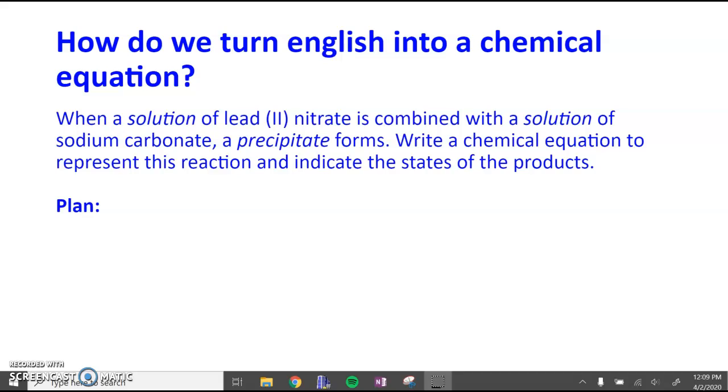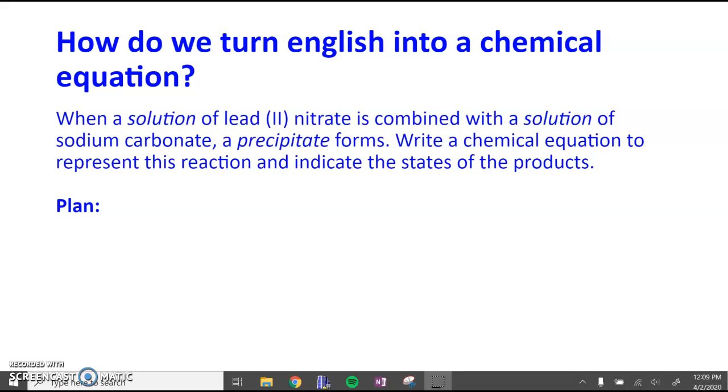Okay, so we left off talking about how we turn English into a chemical equation. When a solution of lead-2 nitrate is combined with a solution of sodium carbonate, a precipitate forms. Write a chemical equation to represent this reaction and indicate the states of the products. You'll notice I italicized a couple words, because I wanted to emphasize that they can be used to help you think about what kind of reaction is going to be occurring,